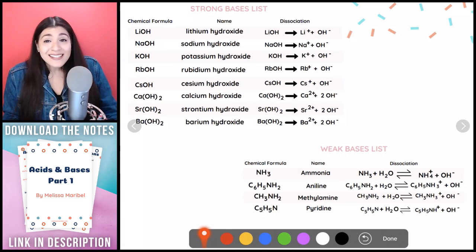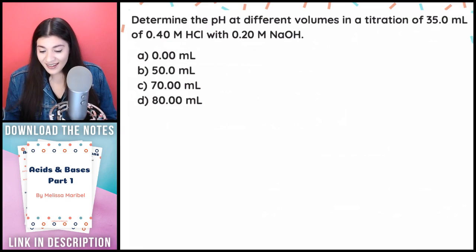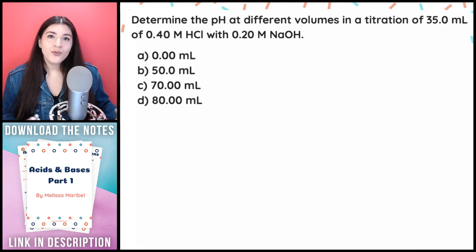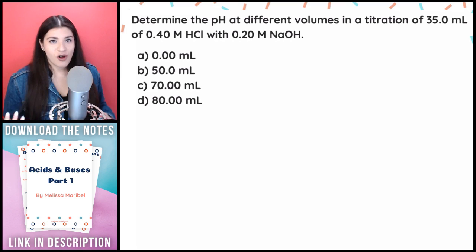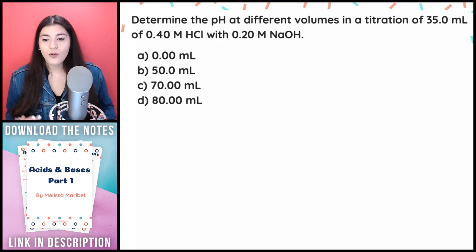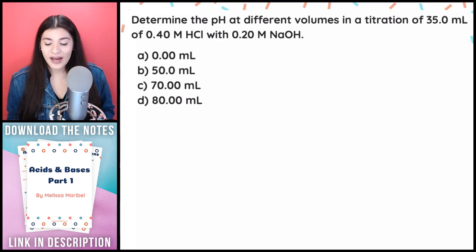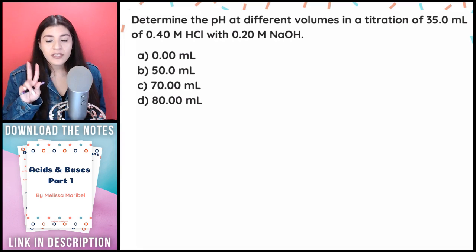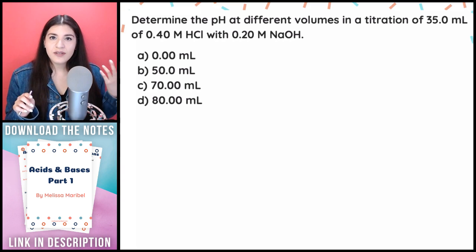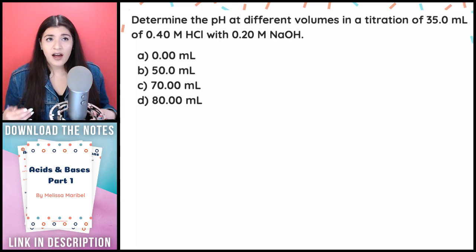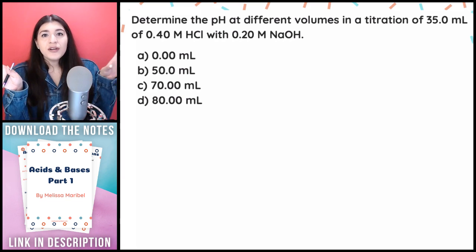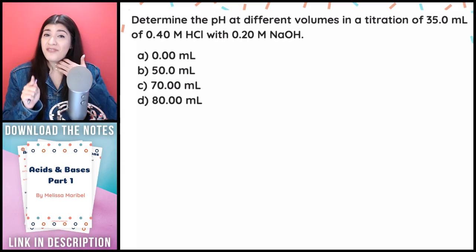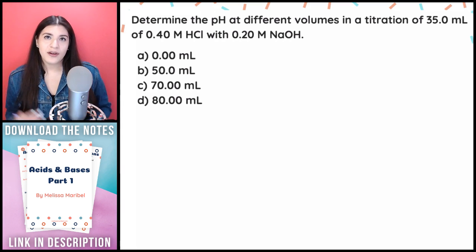Okay, why is this important? Because you're not going to be told whether something is a strong acid or strong base, and you have to figure out what type of titration this is. There are two different types that I'm going to go over today. The first type is going to be the strong acid and strong base titration. The second one will then be a weak acid and a strong base titration. There are multiple steps to these two different types, so beware of that.